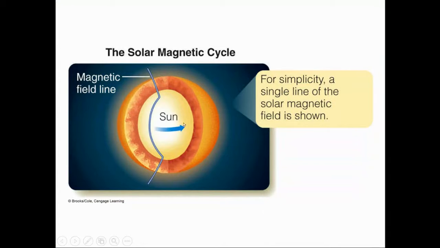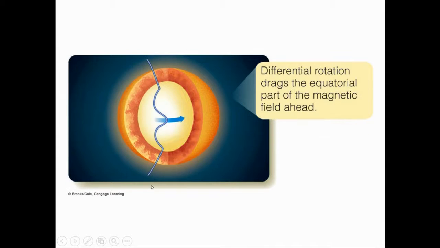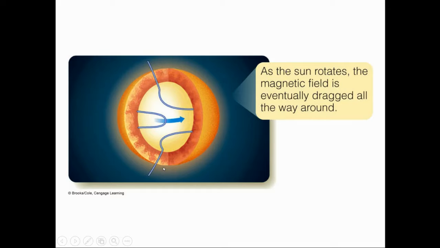So just to show it in blow up, we can look at a magnetic field line, just one here, to show you the effect of the differential rotation on it. Now, as the sun rotates, and we have differential rotation, at the equator things are a little bit faster, so it will be deformed in a shape like this. Then as it comes around,